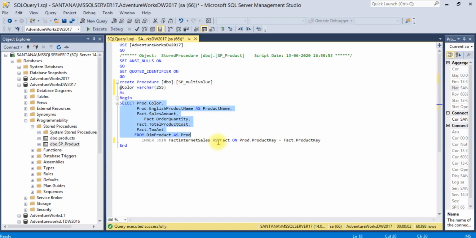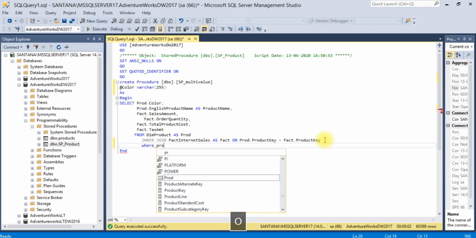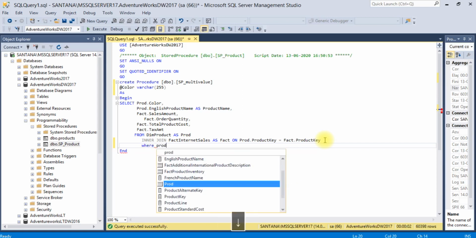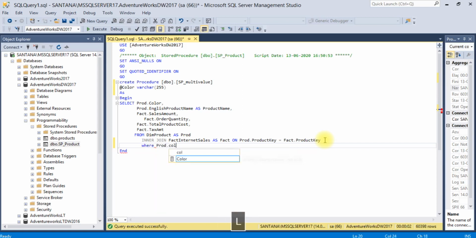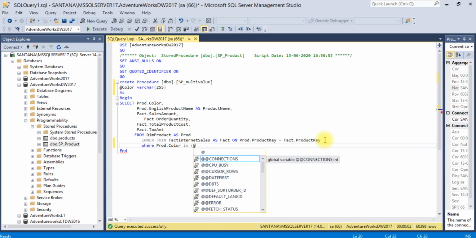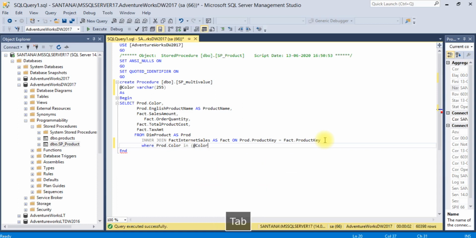This will remain as it is. Here I'll write where color in @color.